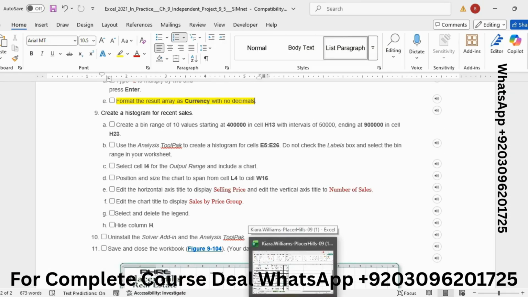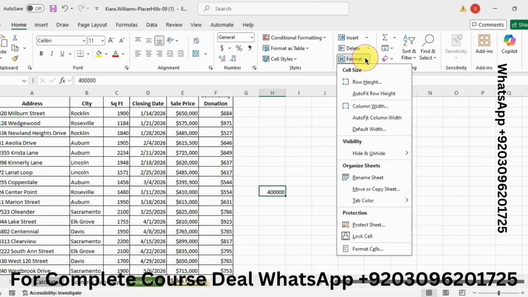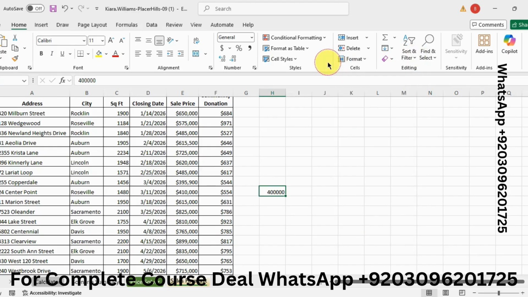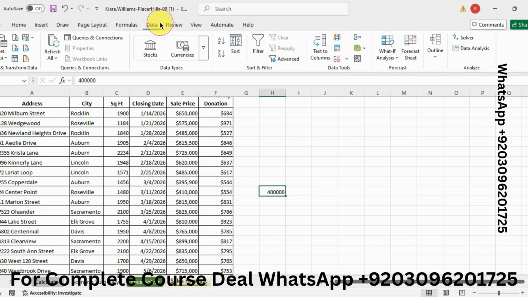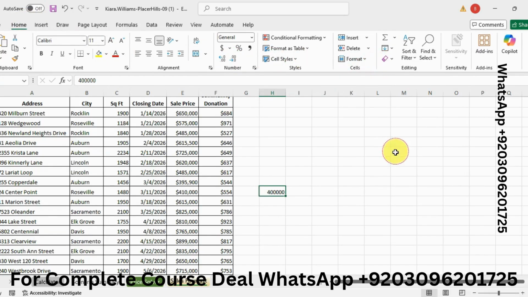Okay, so ending in cell H23. So here I need to go to Format, okay, so I need to go to Data. Where do I need to click to insert the data?